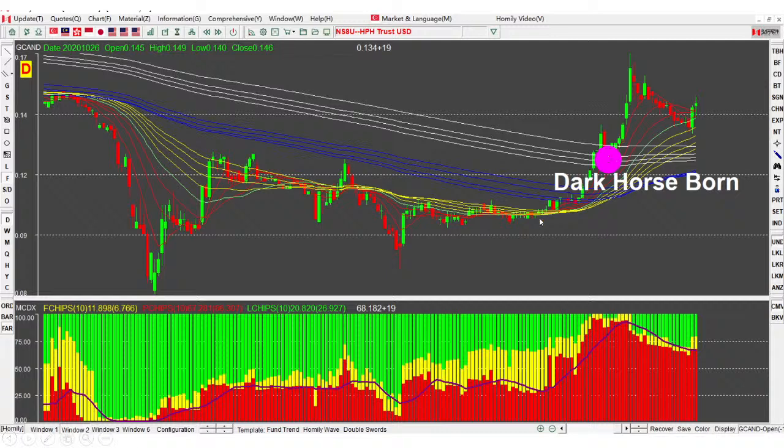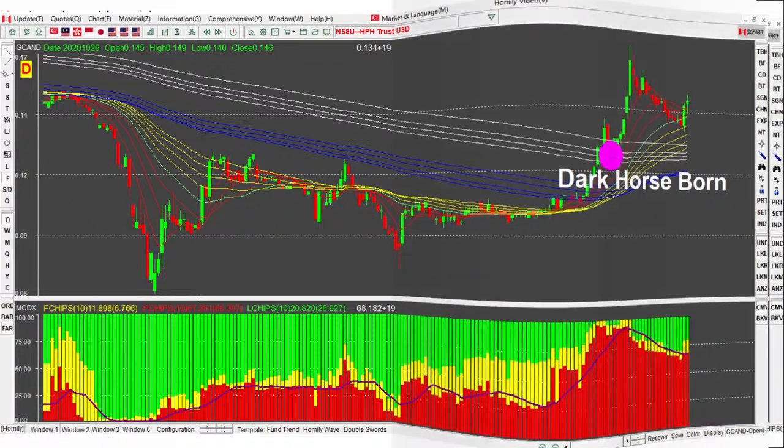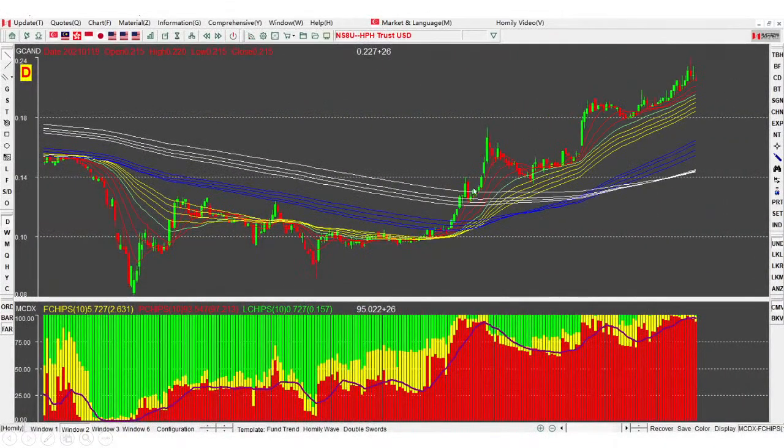See, here the price breaks up the yellow line, we can consider catching the bottom here. After we bought, it rises, but hits the white line resistance and pulls back again, until the price stands above the white line, which means the dark horse point, and afterwards we have more chance to go. So you see, we bought around here, it's only 12 cents, and until today it's already 21 cents, more than 50%, but it seems not finished yet,